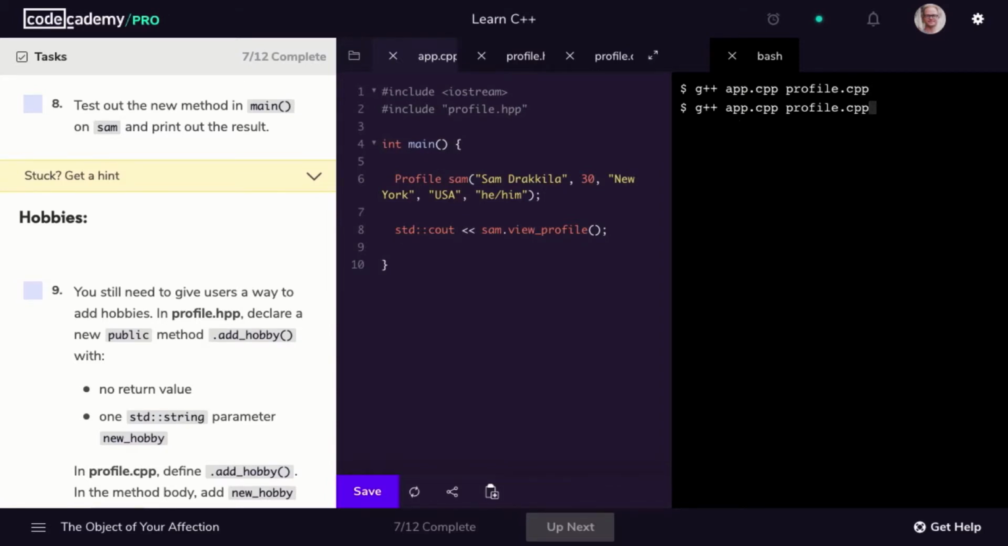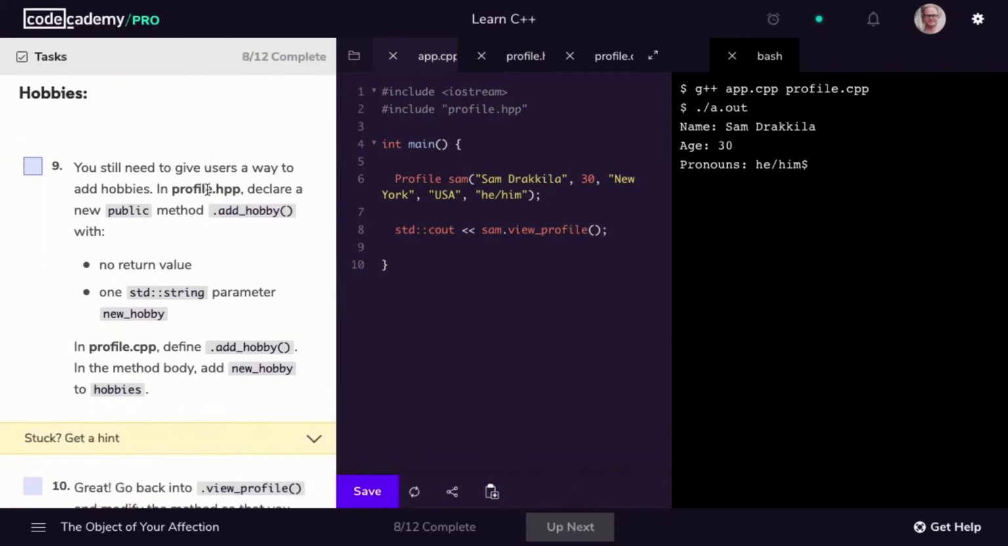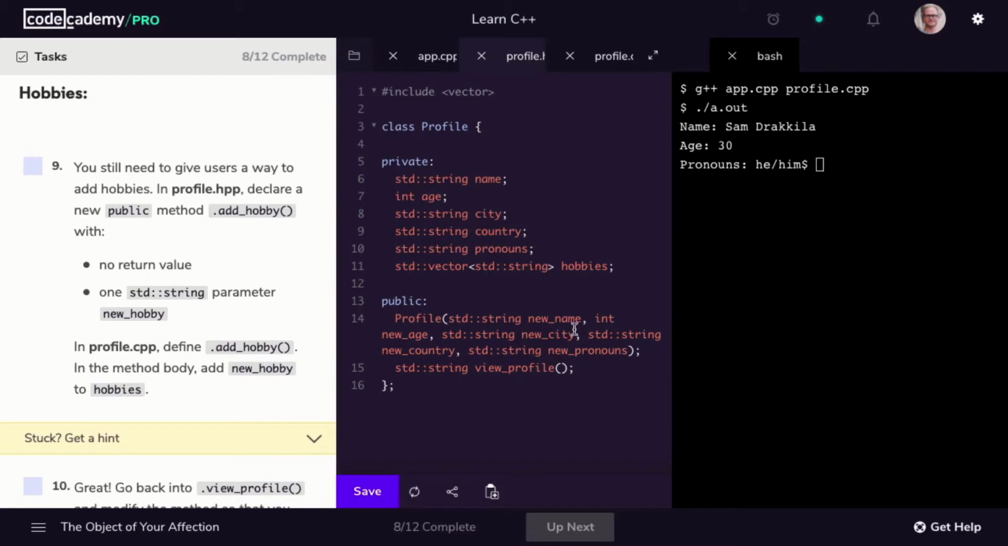And now finally, let's go ahead and execute our code. Alright, perfect. Just what we would expect. Now let's go ahead and mark step 8 as complete, and we'll move on to step 9. We want to give the ability for users to add hobbies. So we're going to go back to our profile.hpp file,